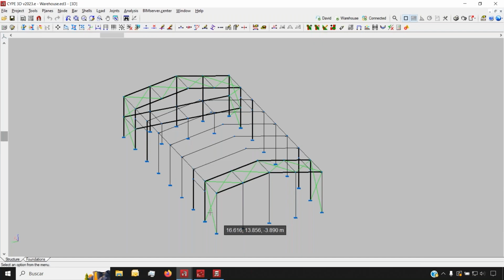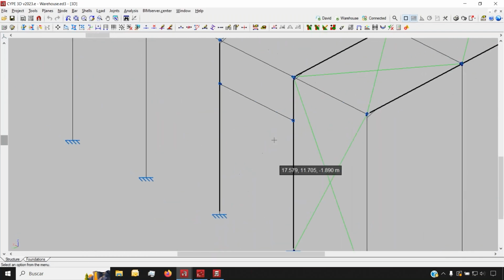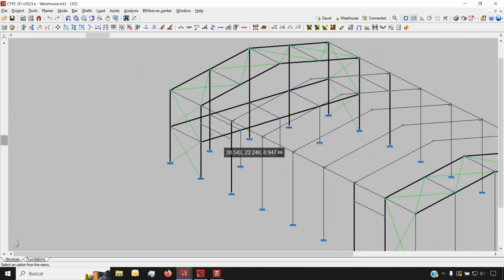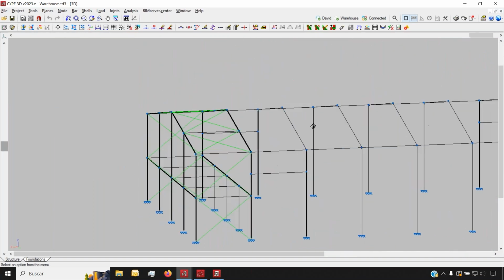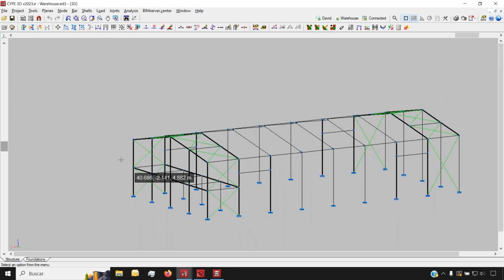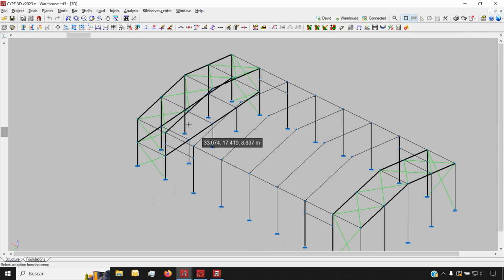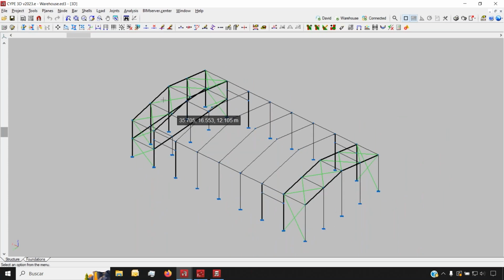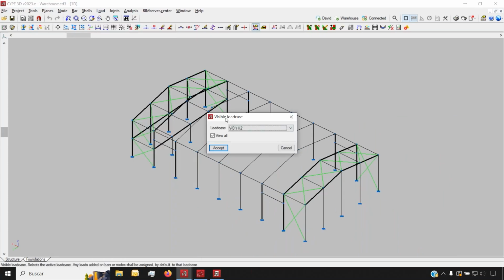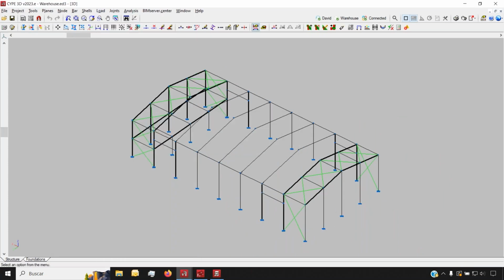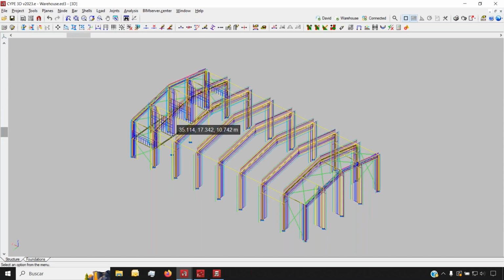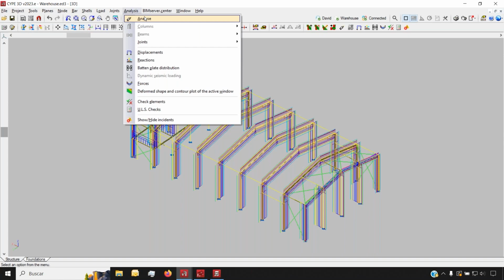Things like, for example, you can see the bracing that we have in here, as well as this additional floor that we have right around here. All of these finishing touches have been added in Cype3D. And just like we did previously in CYPE, once we have our model ready with all the loads automatically applied, if you've worked with the portal frame generator, it's just a matter of clicking on the Analyze button, and